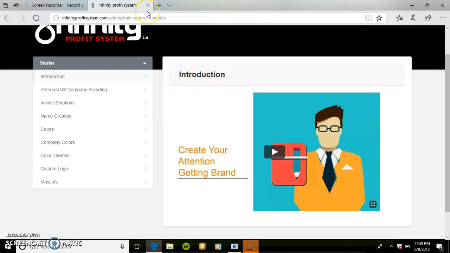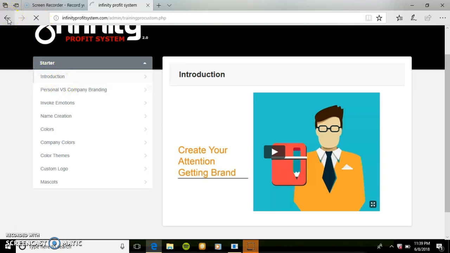So if you're a new marketer again, you want to have your hands on something like this to learn how to brand yourself the right way, to learn how to do things the right way instead of just pitching a product or pitching a service, or hopping from product to service without actually being recognized or without having some kind of a brand that people can know, that people like, and that people trust. Okay.